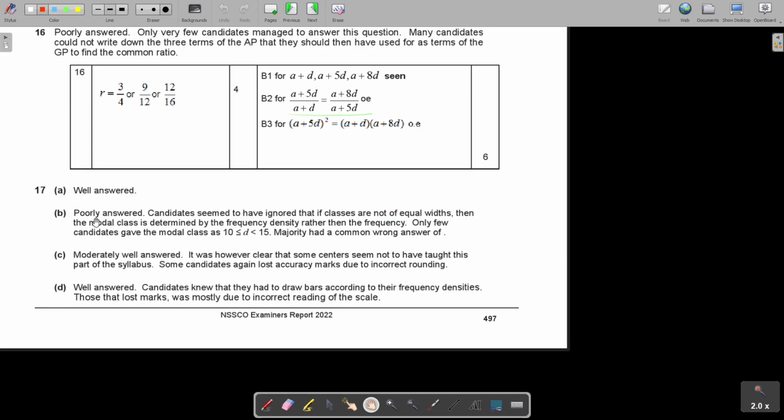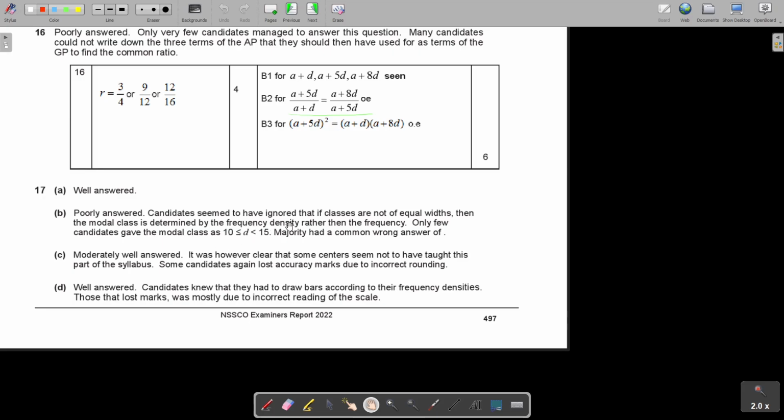The second one, the B part, where they asked to find the modal class, that was poorly answered. Candidates seem to have ignored that if classes are not of equal widths, then the modal class is determined by the frequency density, not the frequency. Only few candidates gave the modal class. Majority had a common wrong answer. Please, people, I remember there was a little bit of a debate about this question, but if the classes are equal, you can go on the highest frequency. But if the classes are not equal, and I think I stipulated in my textbook also very clearly, then you must go for the